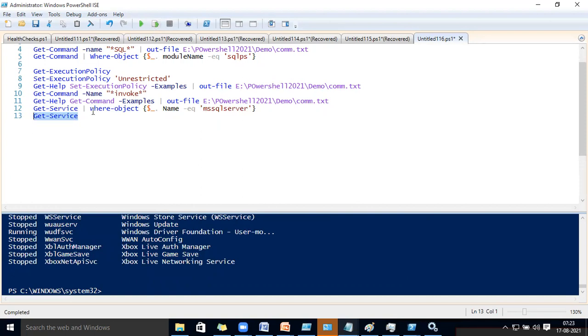And where-object means it is going to filter. If you want to filter anything, use this. And if you are displaying dollar like that, it is nothing but a variable where you can insert any data. So here in get services, whatever services are there, it is matching one by one where it is equal to MS SQL server. And it is displaying only those results. Got it? If you want, you can see that with get help.